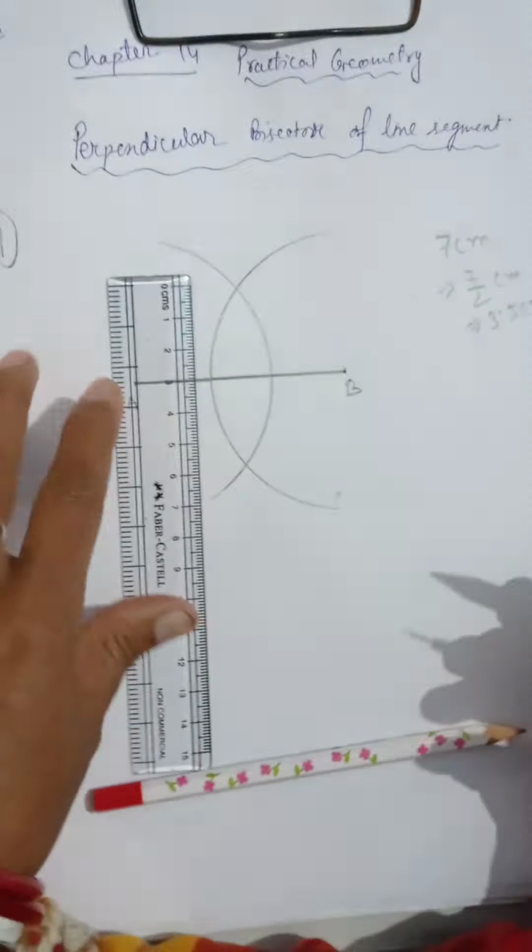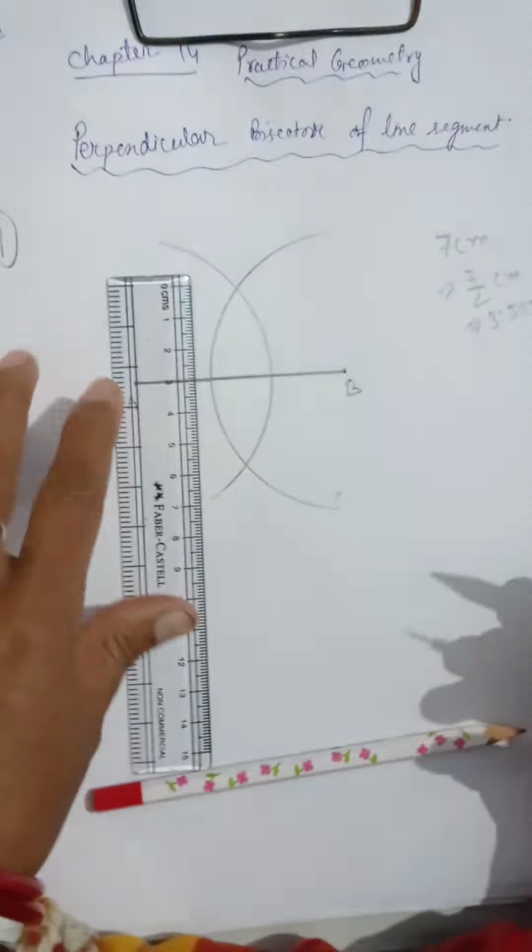Now I want to verify this by putting my ruler. I have taken a line segment of 7 centimeters. Yes, it is okay. Now see where the bisection point is. It is absolutely 3.5. Go through the ruler properly and visualize it. Yes, the point where the intersection has been made is exactly 3.5. So in this way you can bisect any given line segment. This is the only thing you have to do in this exercise.